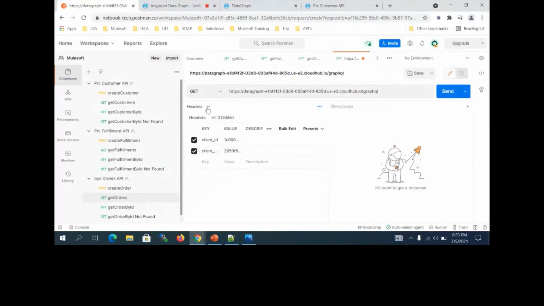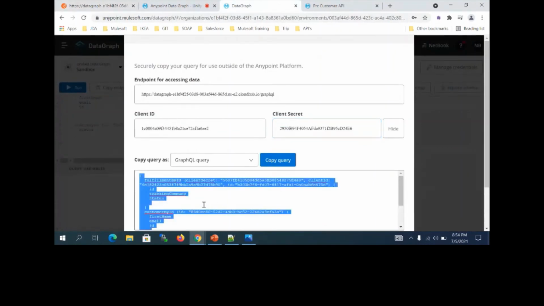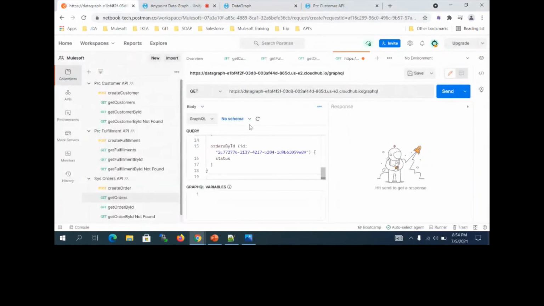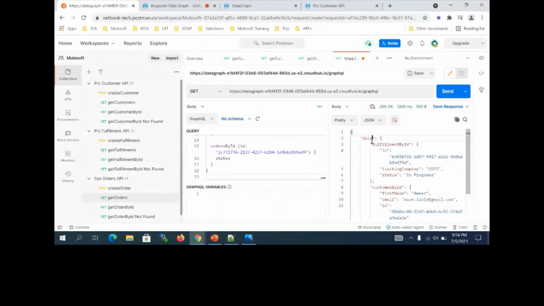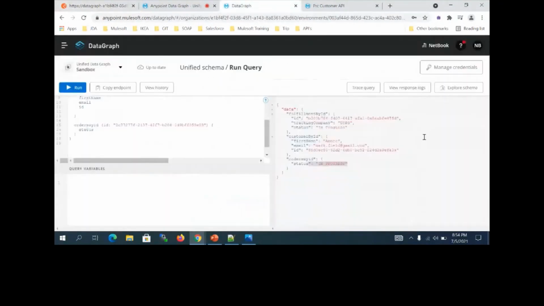Now we need to pass a query, right? When you want to pass a query, go to the body, select GraphQL, provided by Postman. Whatever GraphQL query I have over here, copy this query and paste it from here, and you can query directly from Postman also. You can see the data is going to return here too. So this is how we can test it externally, not only from the data graph. The URL you get from this data graph. That is external, and we can troubleshoot.